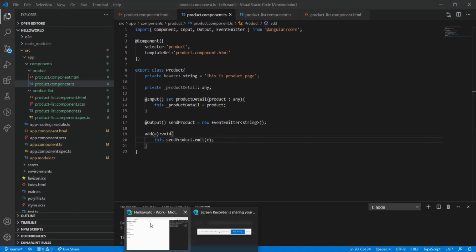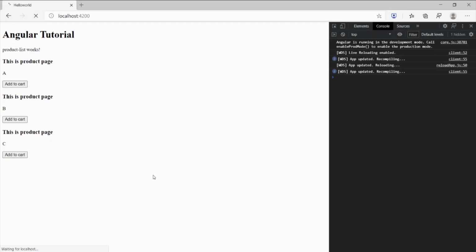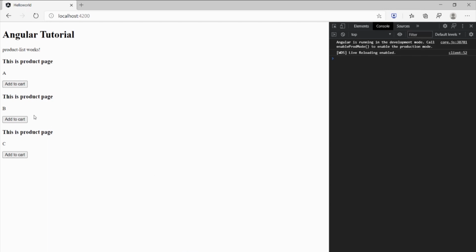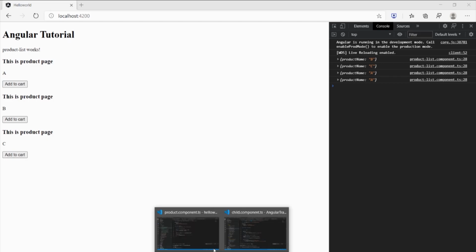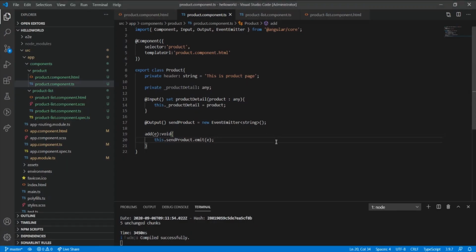Let's re-render it again. Okay. Now we are getting this selected product in the product list. So this is how a child can send the data to the parent.